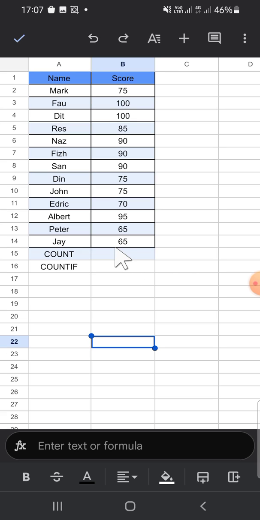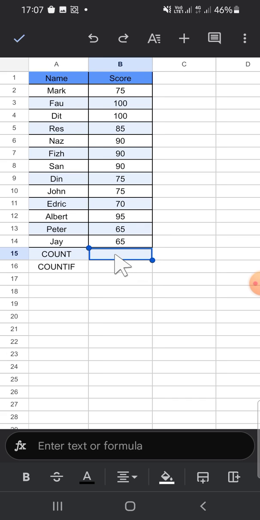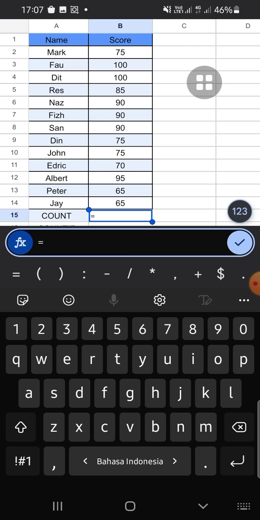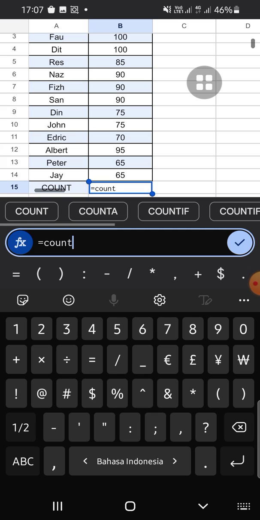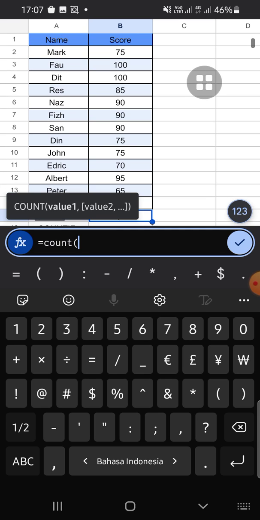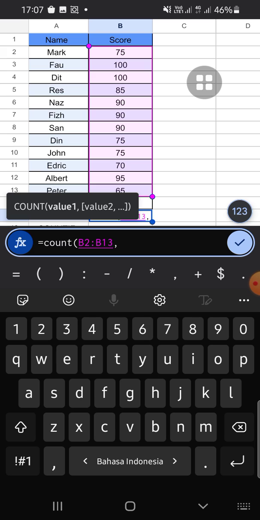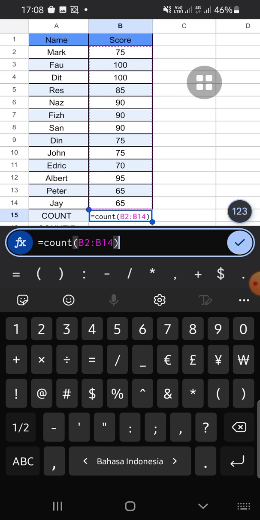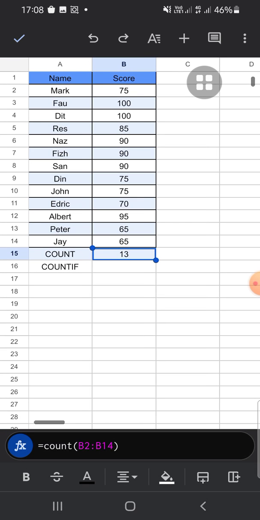The first thing we have to do is click on the cell where we want to put the formula, and I'm going to put the formula right here, and we're going to count the number of numeric values of this column. So I'm going to type the formula. Don't forget to type equal, then count function, and parentheses mark, and after that we can select the range. It's from B2 cell until B14 cell, like this. Okay, and after that we can click on this check mark, and this is the number of the numeric values